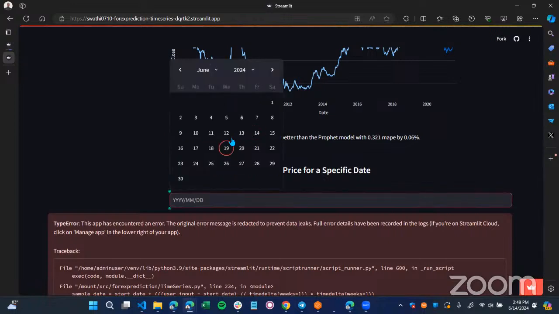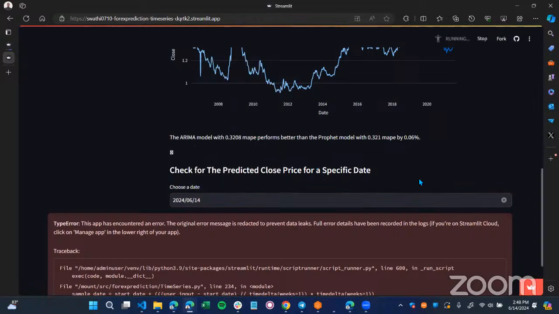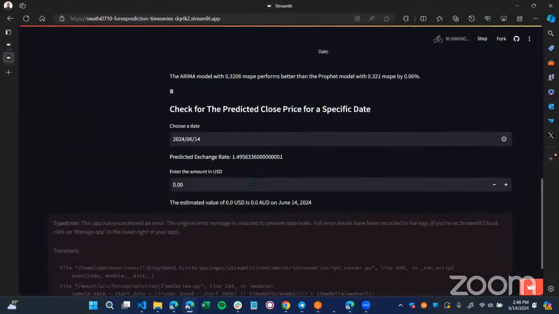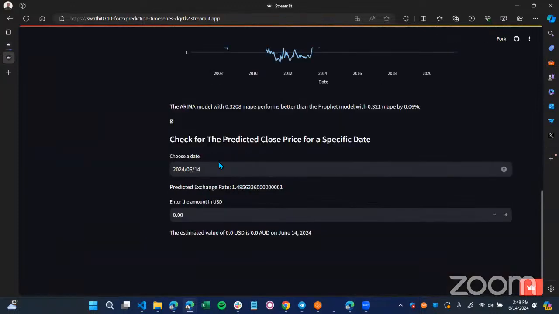Now let's choose a date. Let's just look at today, which is the 14th. Then we'll go online and check what the exchange rate looks like. So the predicted exchange rate is saying that 1 USD is equal to 1.49 Australian dollars. Right now, let's